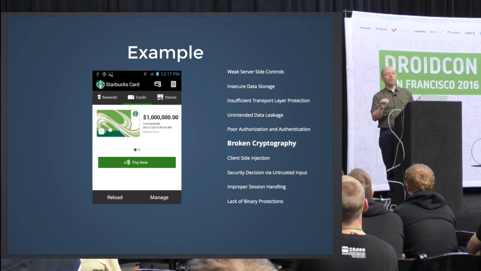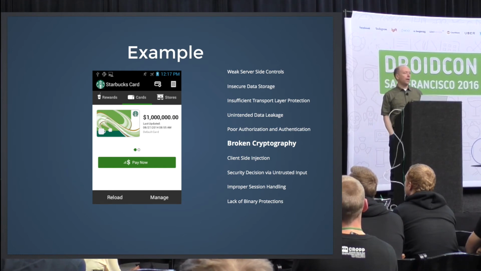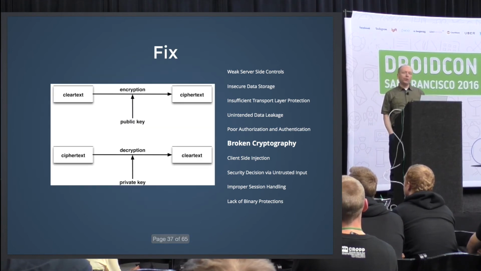It's best to have a PIN or something auto-generated each time rather than just using a key that everybody can gain access to. So the fix is to go to public-private key. There's lots of examples out there, lots of tools. There's Keysar, there's Spongy Castle. There's lots of things out there that you can use that will